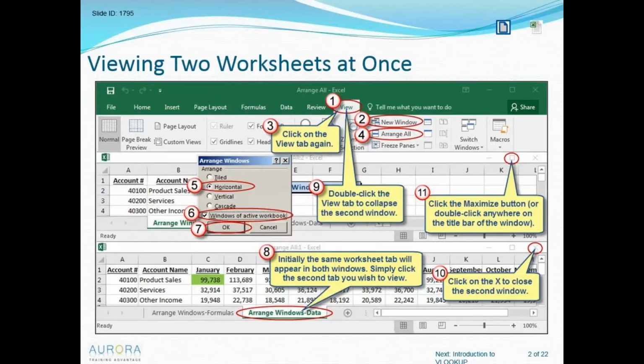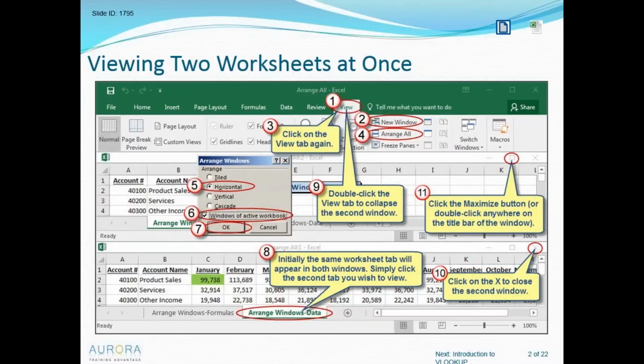One way we'll be able to do that in Excel 2013 and later is to click that Restore button, that little square button there. That's going to reduce the size of the window so that it doesn't take up the full screen. If we have more than one monitor, we can then grab that and drag it over onto the other screen and maximize it, and then switch the worksheet tab. And we're able to be in two places in the same document at the same time. But if we don't have that arrangement, if we only have a single monitor or an earlier version of Excel, then we'll continue on through the steps.